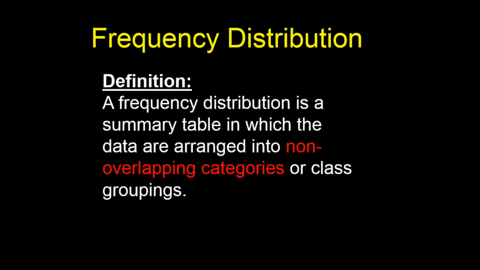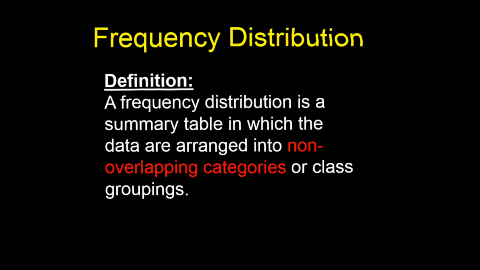One of the easiest ways to present data with lots of numbers is to summarize those numbers into something called a frequency distribution. The definition of a frequency distribution is a summary table in which the data are arranged into non-overlapping categories or class groupings. You will see that this is very similar to how we present categorical data, except that here we are dealing with numerical data, or numbers that don't fall into specific categories. So we need to follow a few extra steps to set the data up into these categories,